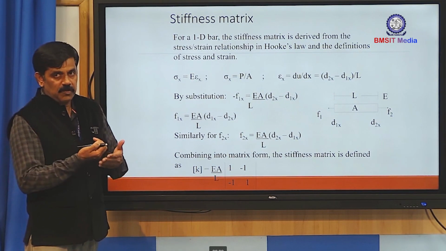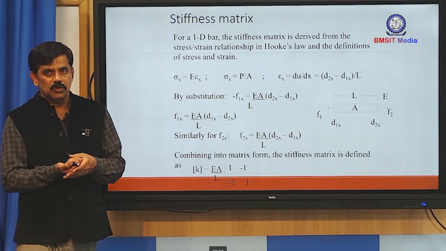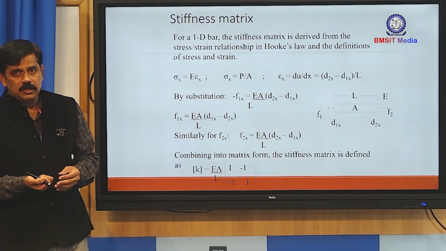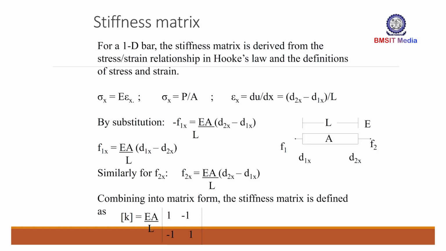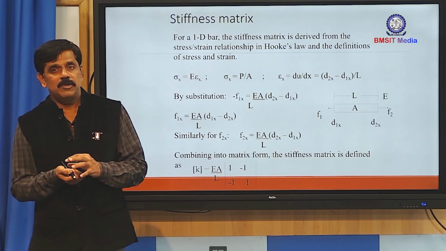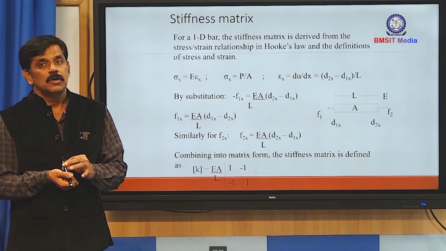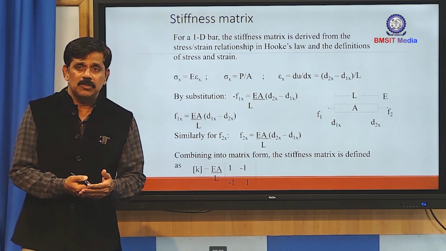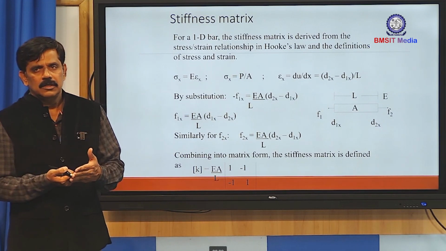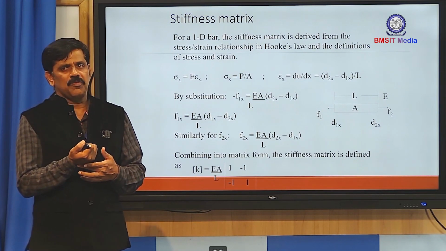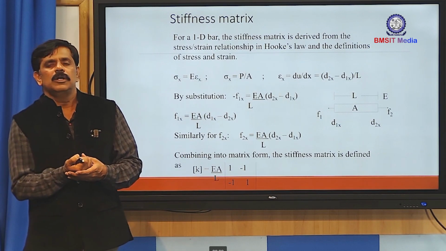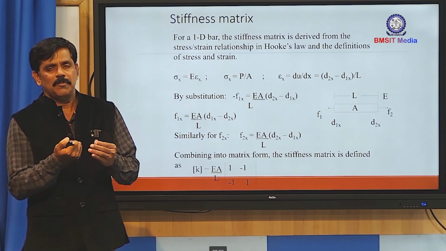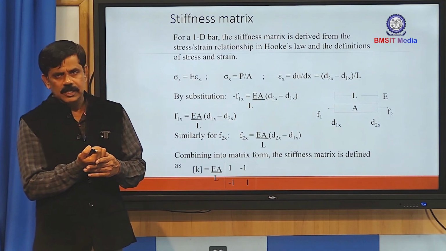We get the deformation from the equilibrium equation KQ is equal to F. We are going to discuss this in the later stage. The KQ is equal to F equation is normally referred to as the equilibrium equation, where K is the stiffness matrix, Q is the displacement vector, and F is the force vector. From that equation we get the deformation. Once we have the deformation, we can get the strain. As per this equation, du refers to the deformation for a small distance dx. Epsilon x refers to the strain along the x direction